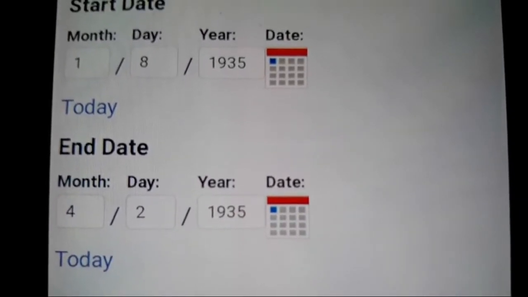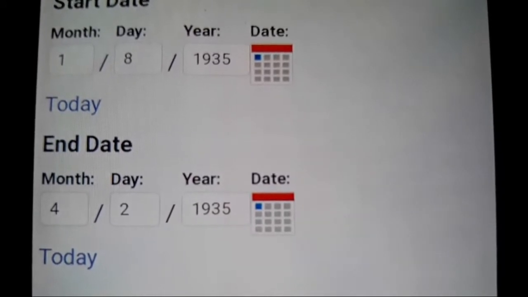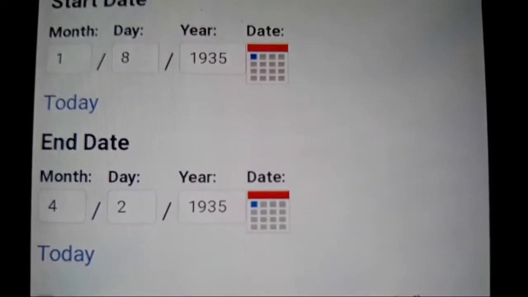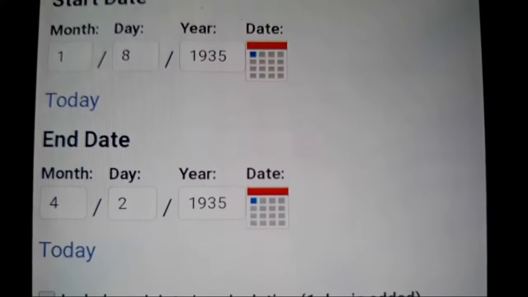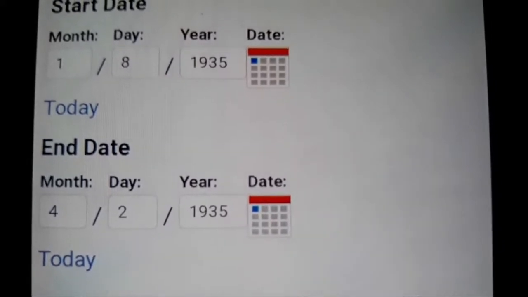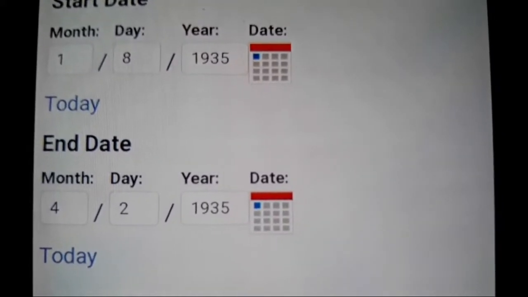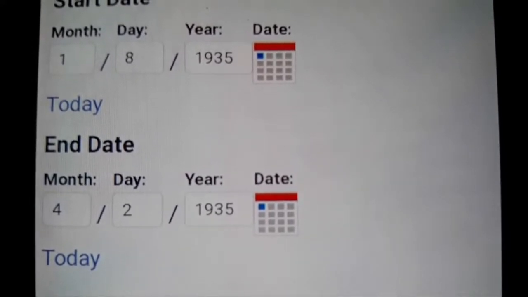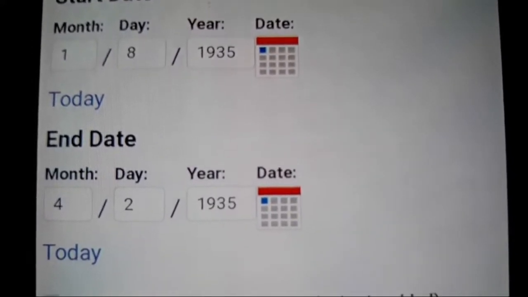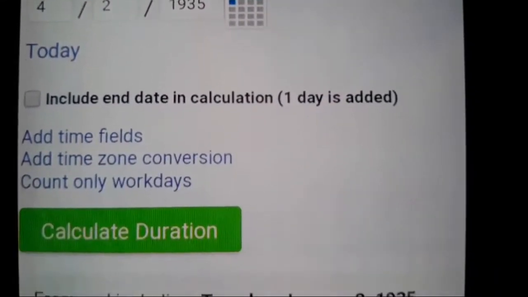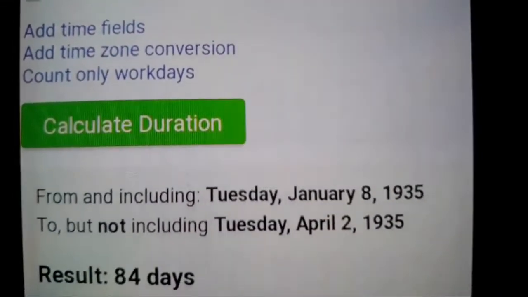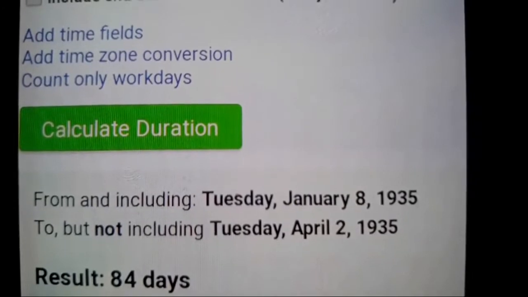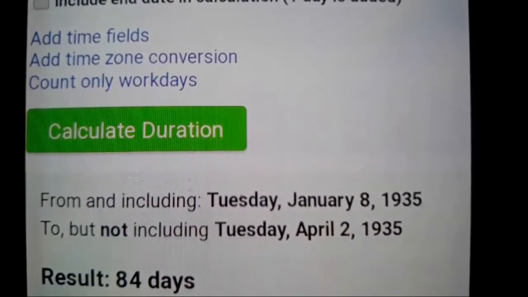Okay, look what I did. So remember, the 42 is important. Elvis was 42 years old. Washington was the 42nd state, right? Elvis was 42 when he died. So from 1/8, Elvis's birthday, to the date 4/2 in the same year, from 1/8 to 4/2, what is that? Look at this. 84 days. Do you see? 8/4.